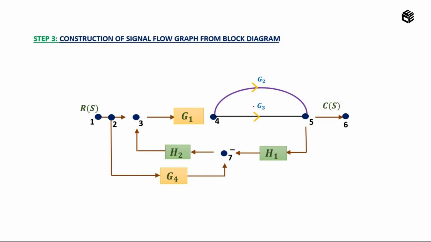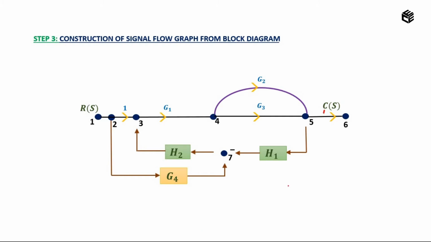This arrow mark represents the flow of the signal. Now I am going to remove this G1. So I have removed and replaced it. Now I am going to remove these arrow marks, that is from 1 to 2, 2 to 3, and replace them with an arrow mark. Why have I represented 1 here? Because there is no gain value given, so I am assuming the value of gain is 1. Now I am going to replace this side, that is 5 and 6. So I have replaced. Here also you can give the value as 1.